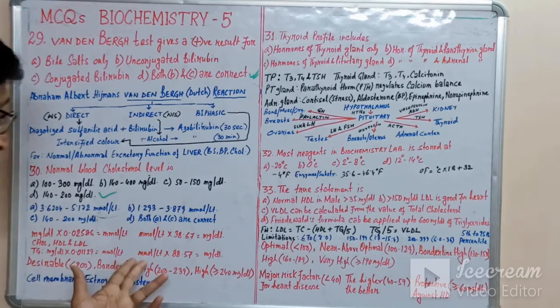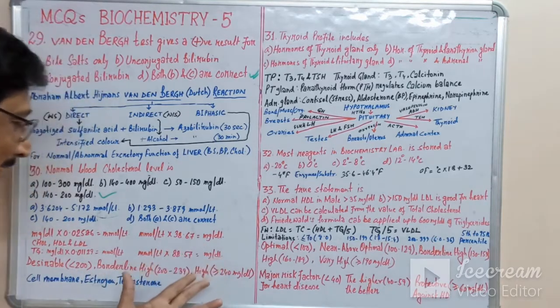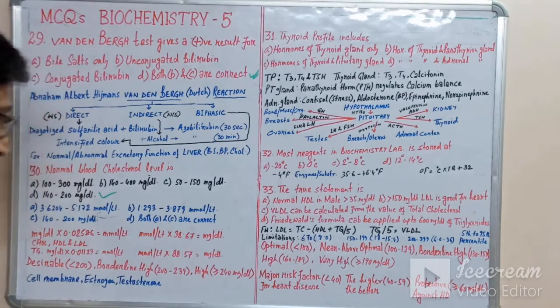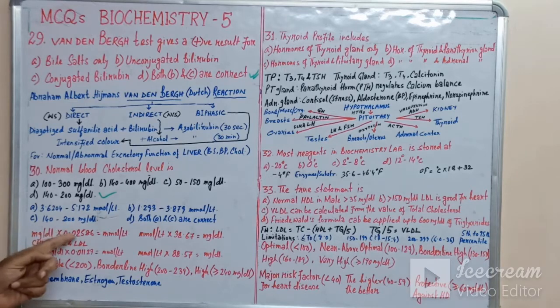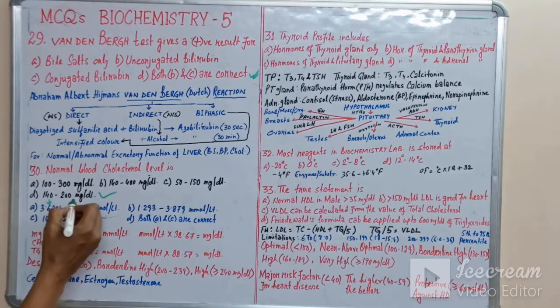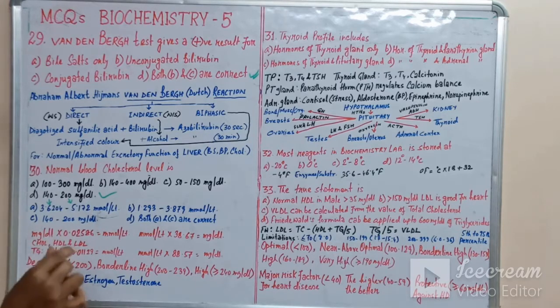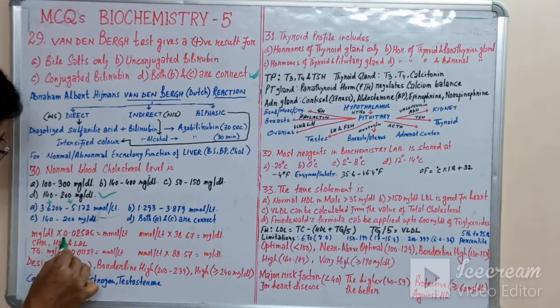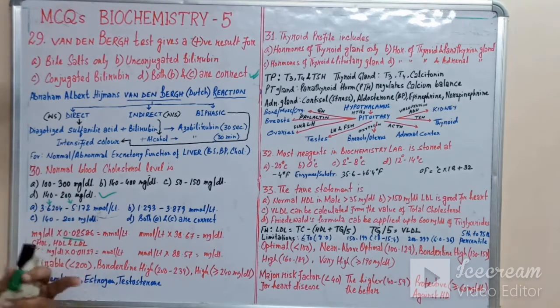On the other hand, to convert millimole per liter to milligram per deciliter, you have to multiply it with 88.57. Now, if we multiply this thing with this figure, you can get this figure only. 140 is equal to this much and 200 is equal to this much. If you only remember this much is up to 0.025, you can get nearest to this figure. So you can reveal that the A option is also correct.